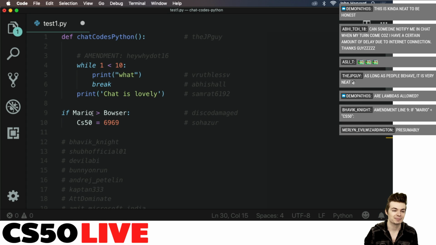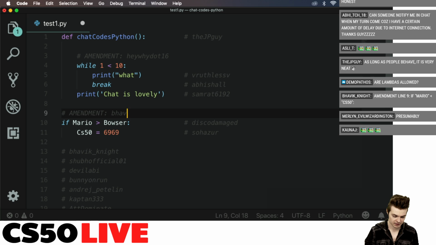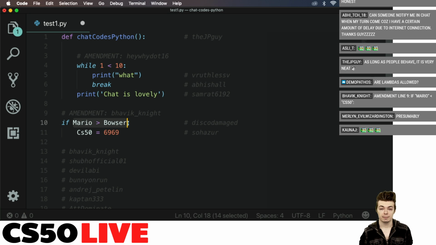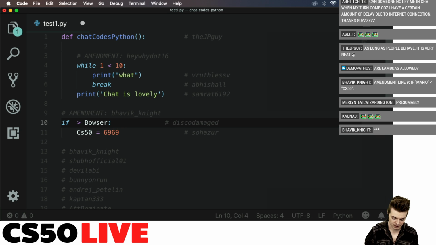Babic fixed the script. So we're going to say amendment with Babic Knight. And what Babic did is, these are 2 variables right now because they don't have quotes around them. Any word that's not a Python keyword is considered a variable, but we haven't assigned anything to those names. But what Babic has said is, OK, instead of that, let's just say if Mario is less than